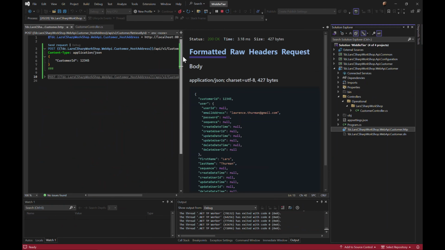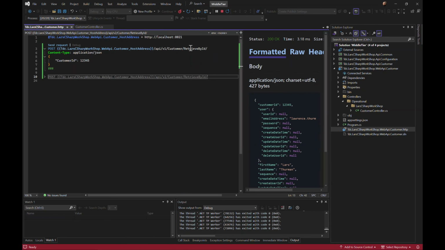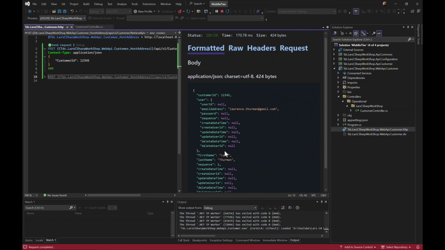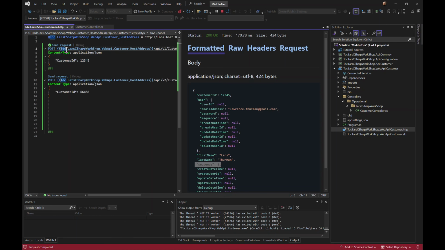And what this allows you to do is, if we're running this for just version 1, we can hit send request and you'll get that back. And you'll see here that the little update that we did with sequence 1 is sitting there. This is how you put in your data. You say content type application JSON, you put your JSON in here that you're sending in. Since it's a post, we're taking it from the body, we're not adding it at the end as a query